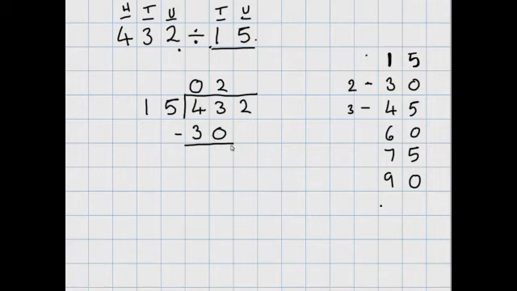So remember, that's actually 30 tens. So we do 3 take away 0, which is 3. 4 take away 3, which is 1. Okay, now that tells us we have got 13 tens remaining. Now in the short method, we would just move that 13 into the units column, which would then become